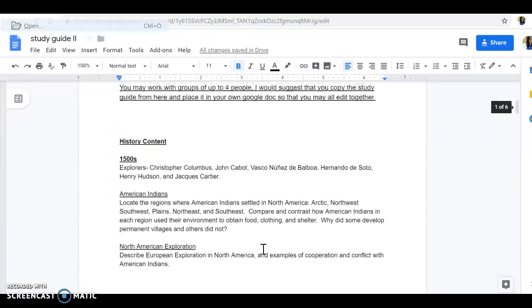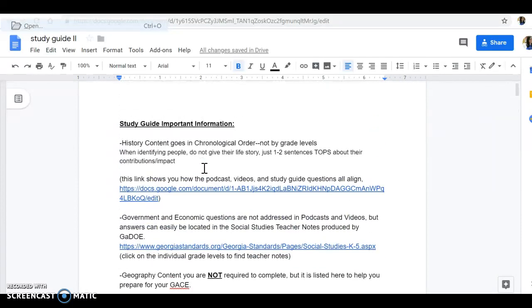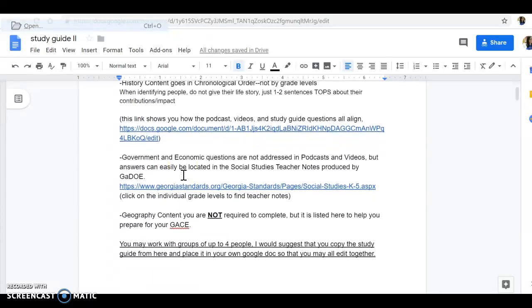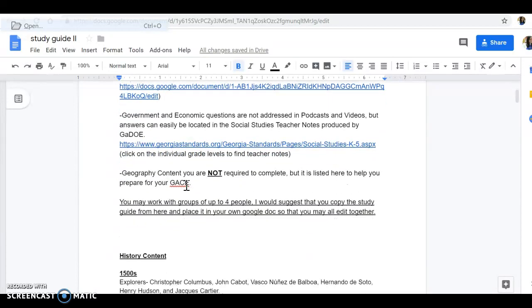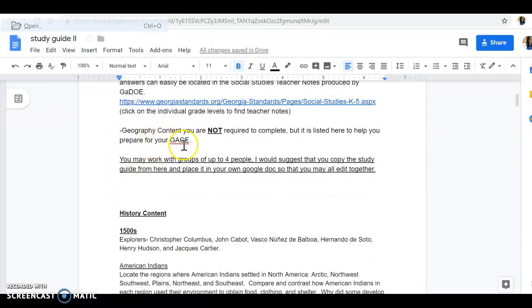So the study guide, this is all instructions, but this shows you the links to the different podcasts and how they align with the content in your study guide. I also have the Georgia Standards resources. If you go to the teacher notes, it has all of the answers to the study guide there. But it goes by grade level, not chronologically, which is what is on the study guide. I'll also tell you, I listed the